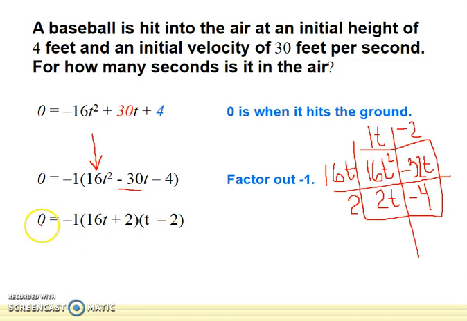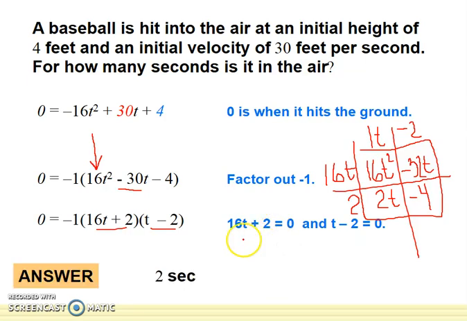In order to solve this polynomial, the -1, I could divide both sides by -1, so that -1 would go away. And I'm going to set each part equal to 0. So that means 16t plus 2 equals 0, and t minus 2 equals 0. I'm going to solve both of those equations. And when I do, the only one that makes sense is the one where I add 2 to both sides and t equals 2, because the other solution, when I subtract 2 from both sides, I get 16t